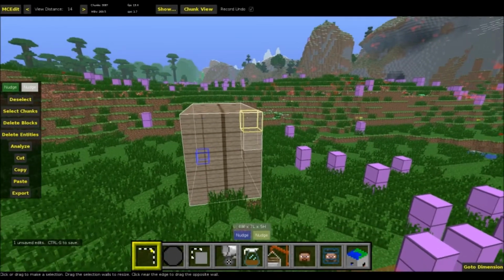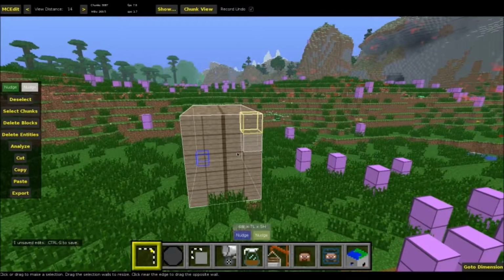I can do one of two things. If you notice over on the left side, this menu, it has cut, copy, paste, and export. It has a few other things too. You can delete them, select chunk, deselect chunk, things like that, or just regular deselect. If you just want to copy and paste it, you'd hit copy and then find a new location and hit paste. Or you can cut it out and then go paste it somewhere else